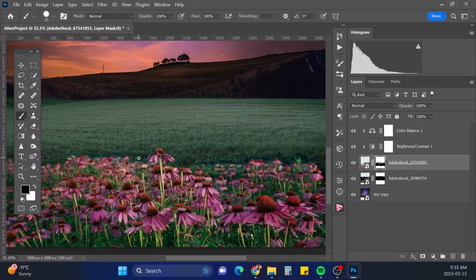I'm gonna probably make these flowers blurry, they're gonna be all blurry anyways, so just see.